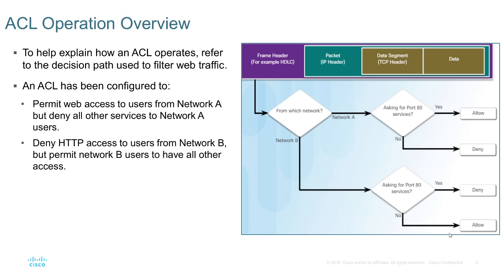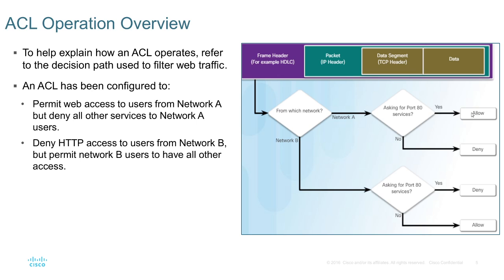Then we ask about each of those cases, and we can have different allow and deny statements for those cases. In this case, we have allowed web traffic from network A, but